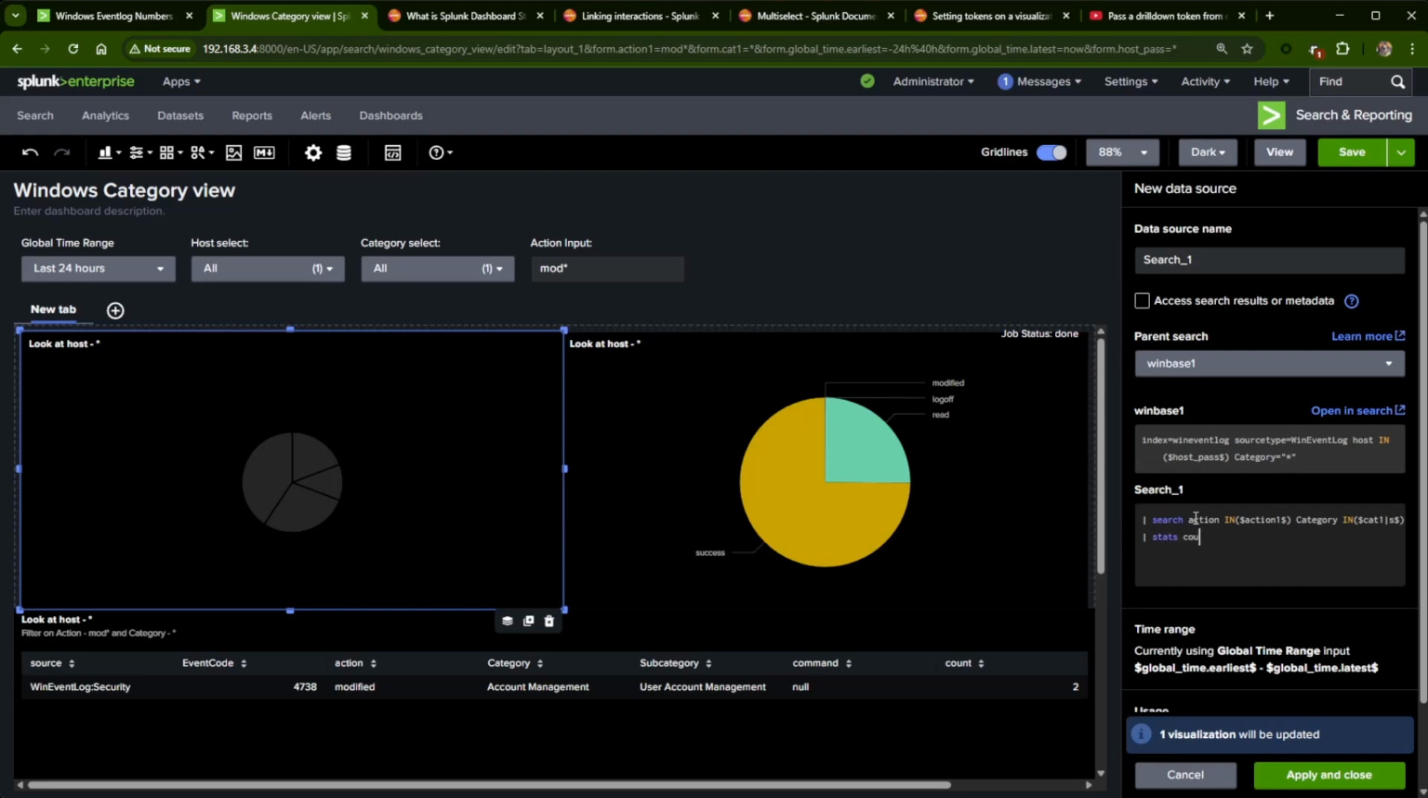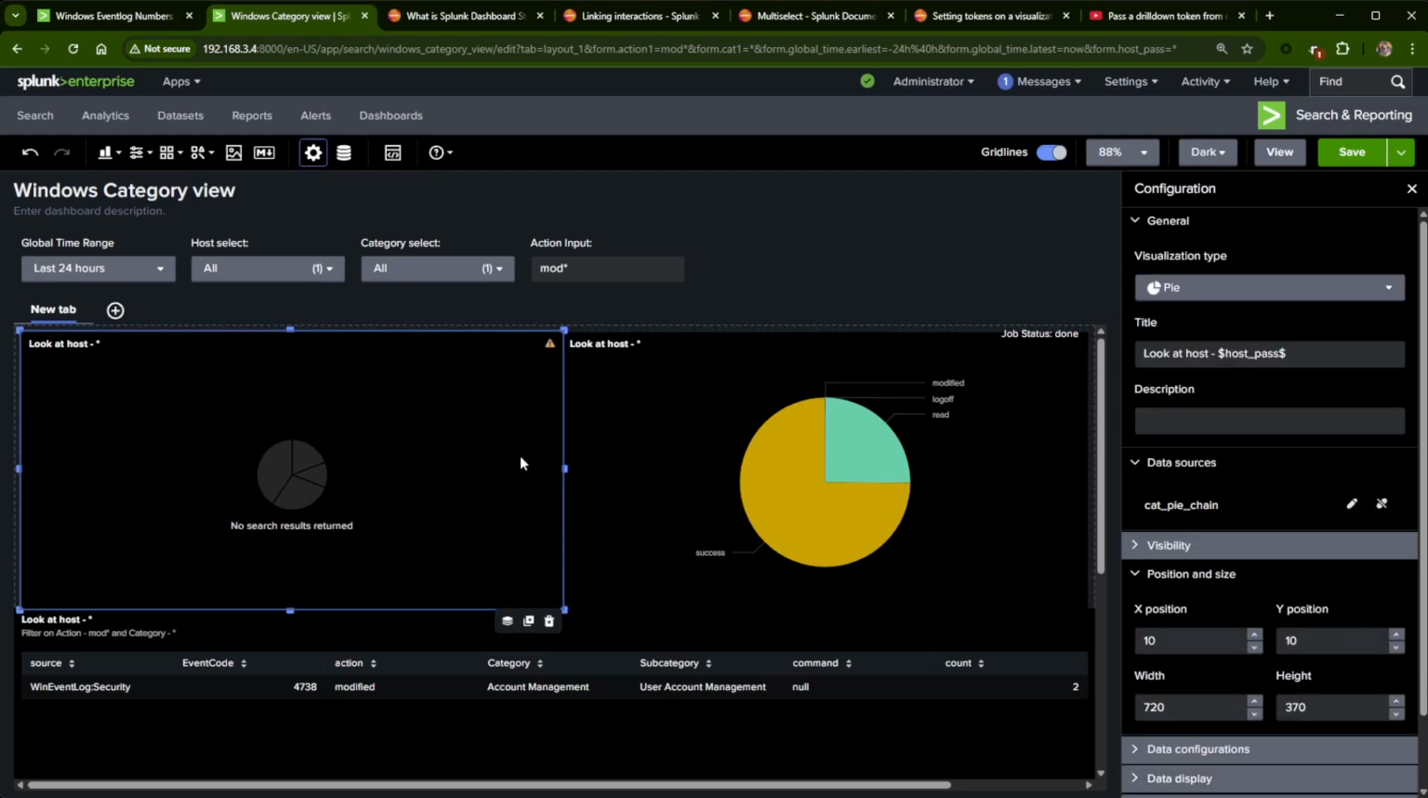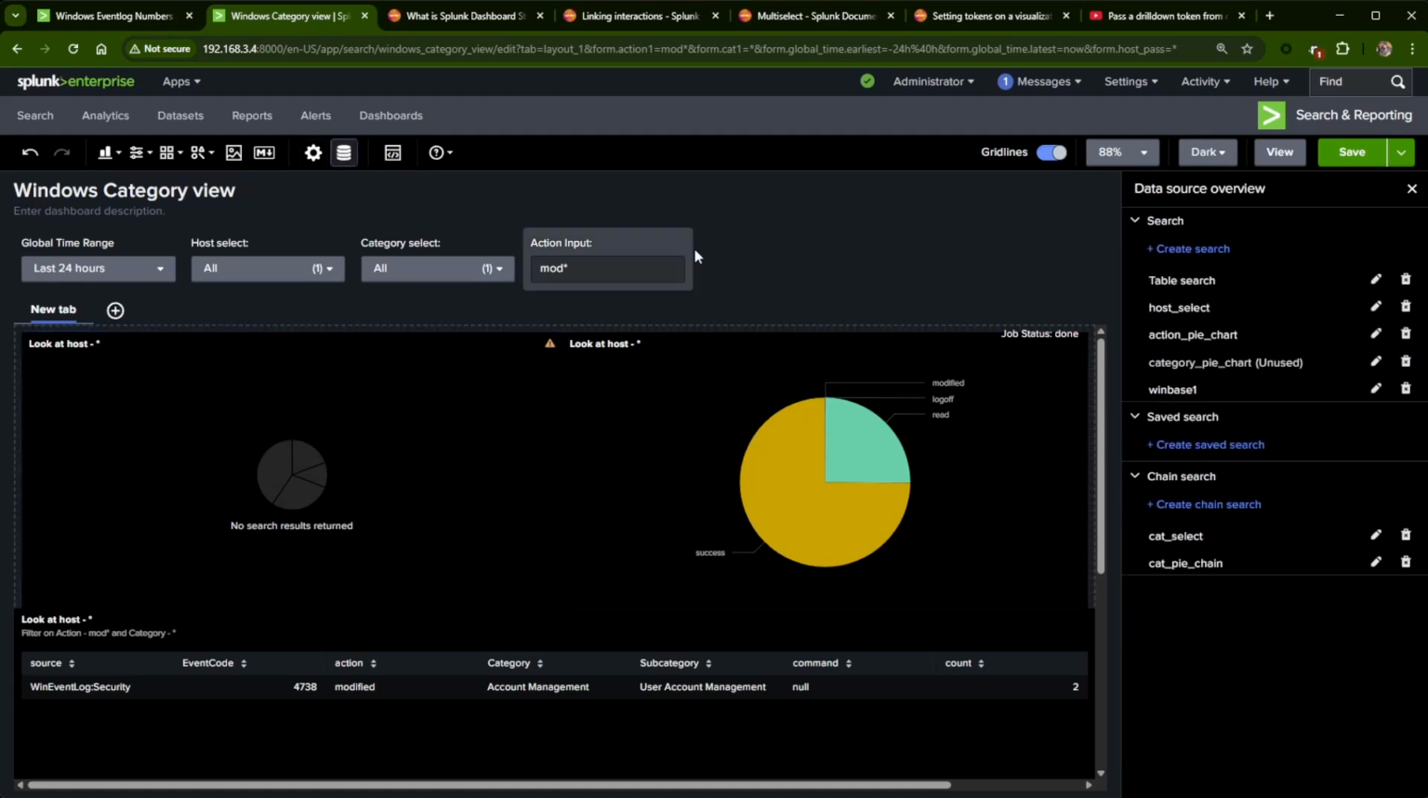That's count by category. Call this cat by chain, apply and close. Then, oh, so look, no search results returned. Go back up to my base search